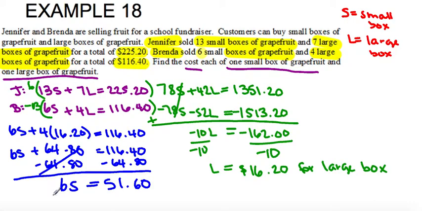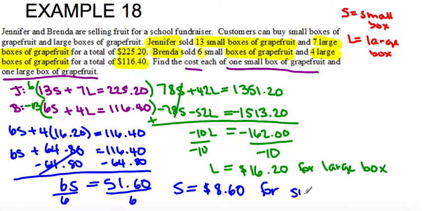I have to get S by itself, so I divide both sides by 6. So S equals $8.60 for a small box of grapefruit. So those are